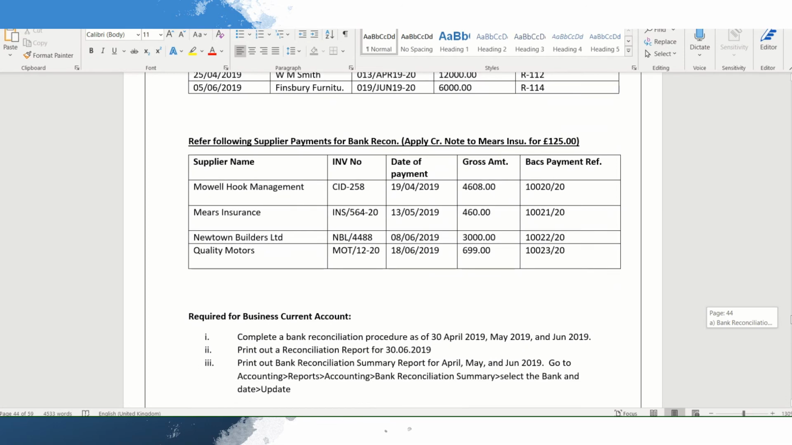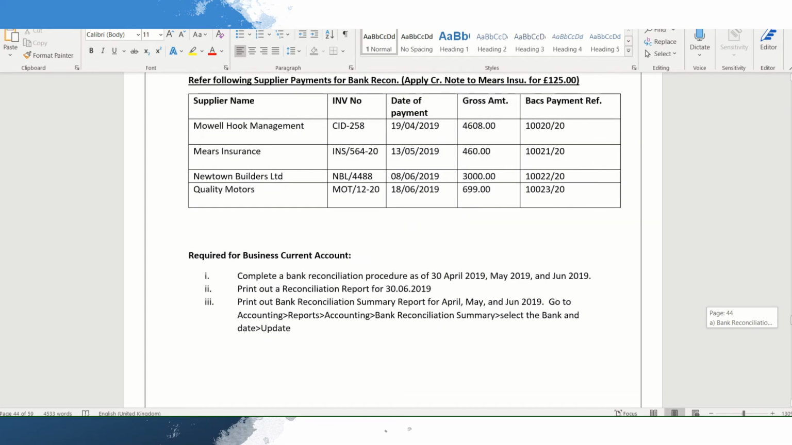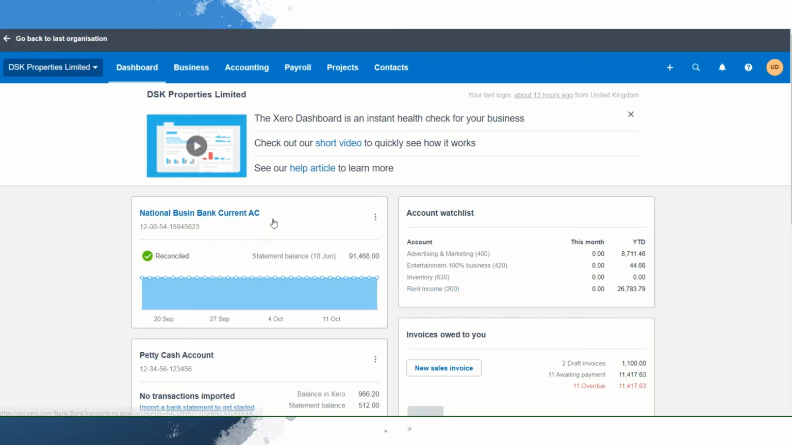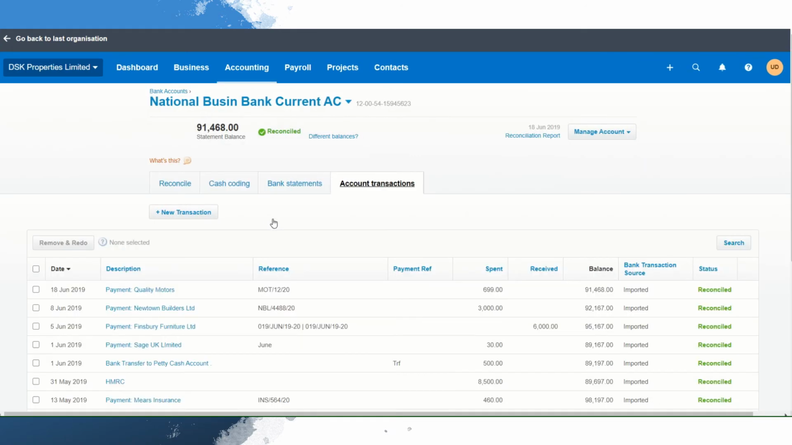So in a similar way, we will do the petty cash, but before that we need to complete some reports. So the task is to complete the bank reconciliation procedure for 3 months, which we have done already. And the next I would like you to complete is print out the reconciliation report for 30th June 2019. So in order to do that, let's go to current account, and on the right hand side you see reconciliation report. So click on that,